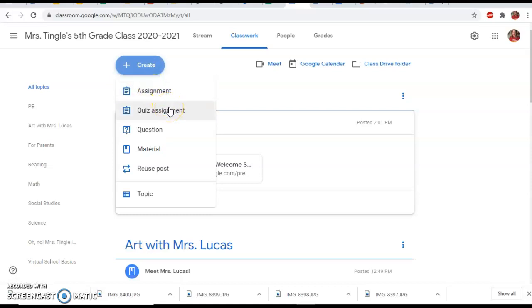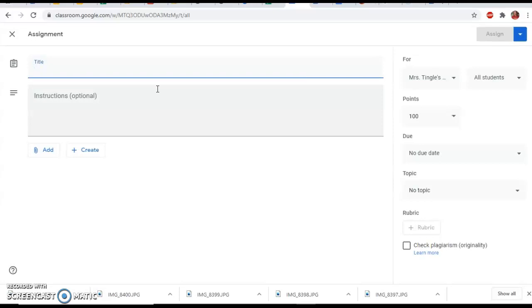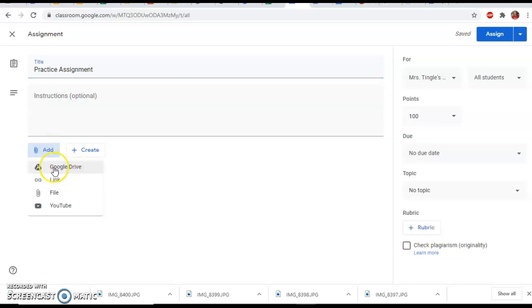Is it an assignment? Is it a quiz? Is it a question? You know, what is it that you're trying to do here? I'm just going to click on Assignment, a little assignment, and I'm going to call this practice assignment. Okay, so when I go to the Add button, I'm clicking on this Google Drive because my document